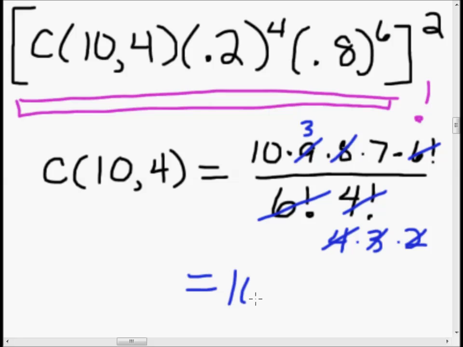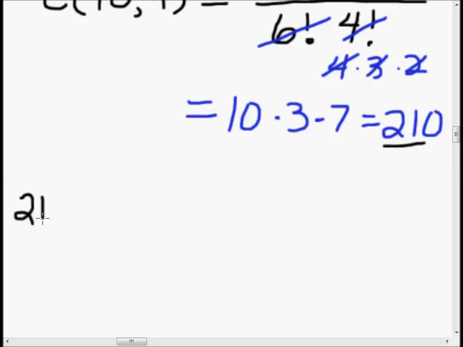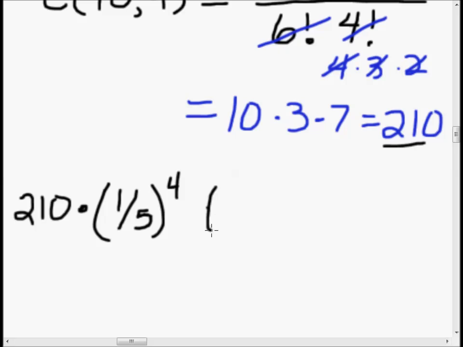So this turns into 10 times 3 times 7, which turns into 210. I went blue, but I'm okay with that. So that's that part. So let's go ahead and write this again. 210 times 1/5 to the 4th times, what is that, 4/5 to the 6th. And I'm going to admit at this point I plugged this puppy into a calculator because it is really, really